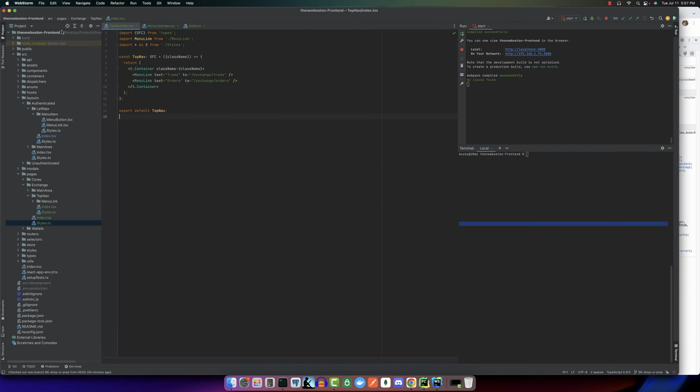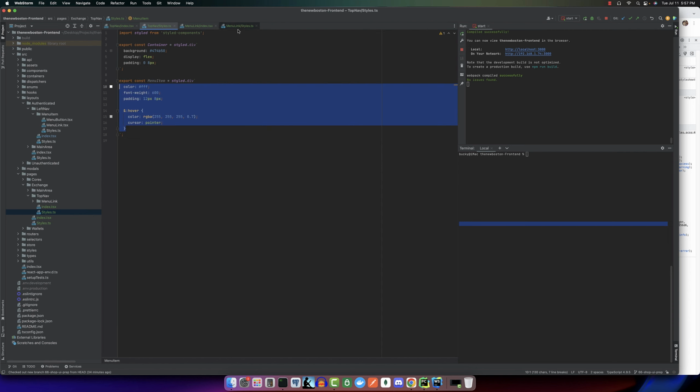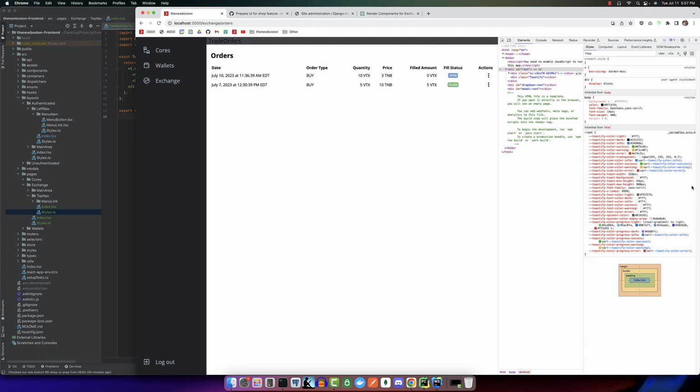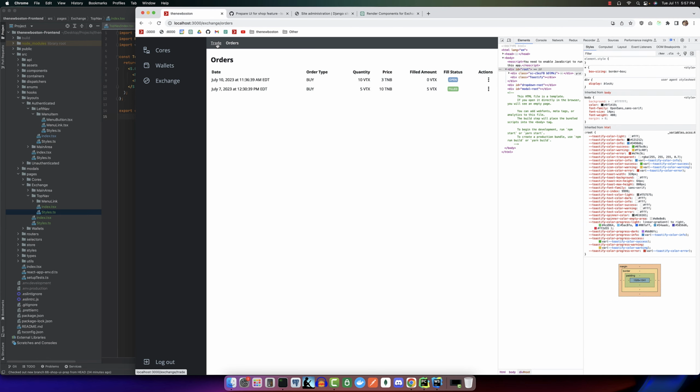The top nav, styling for this menu item is going to be the styling for this. And I don't even think we want this text right here. Instead, we can just render it out like this. And then menu item, we replace that with the components, and let's see what we got going on now. So trade, orders,